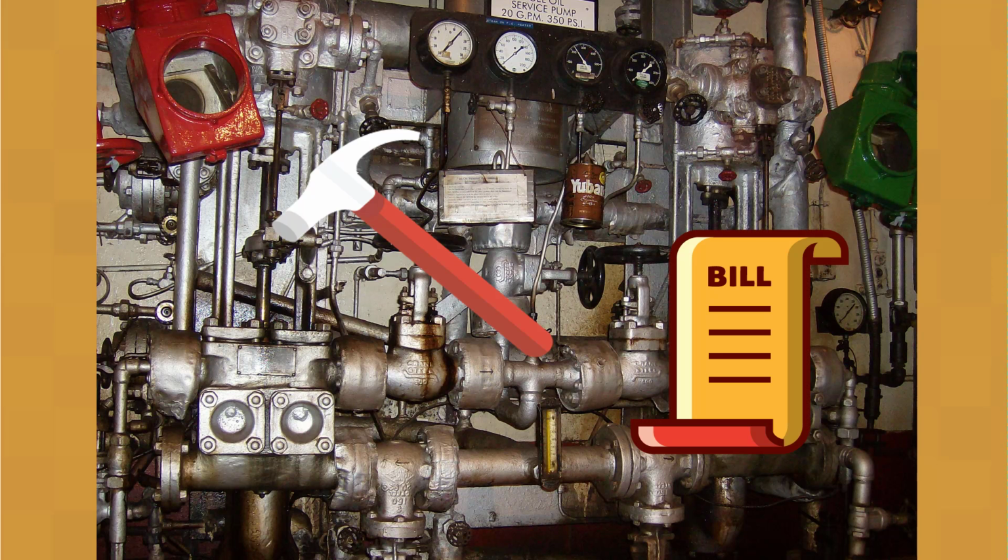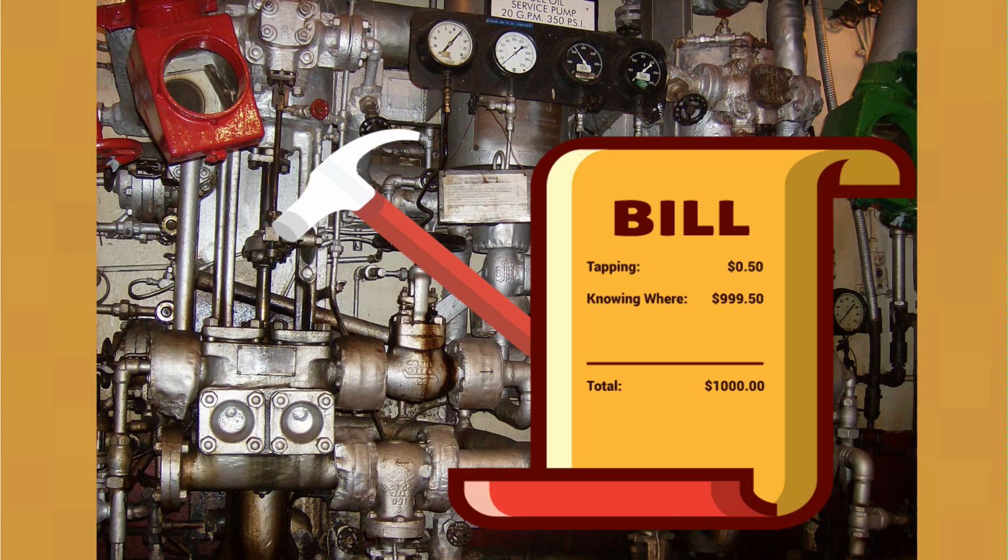Now, when the steamship owner received a bill for $1,000 from the Boilermaker, he was outraged, and he complained to the Boilermaker that there was no way that this could have been $1,000, and he asked them for an itemized bill. And so the Boilermaker sent him the bill that you see right here, and it read that it was 50 cents for tapping the valve, but for knowing where to tap,